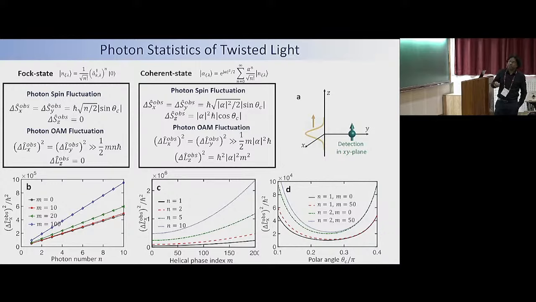And so these are the things that we can measure in principle. This is the photon number on the x-axis. This is the variance of the orbital angular momentum in the transverse plane. That's really important because we are creating an angular momentum state along the z direction, but the measurement is in the direction perpendicular to the direction of propagation, and these scaling laws are something that we can analyze and